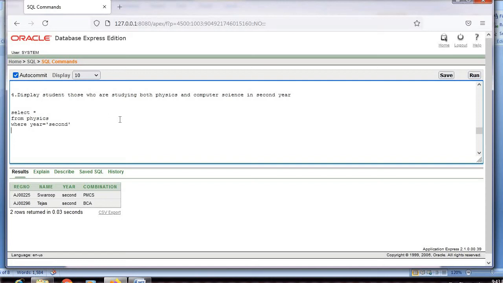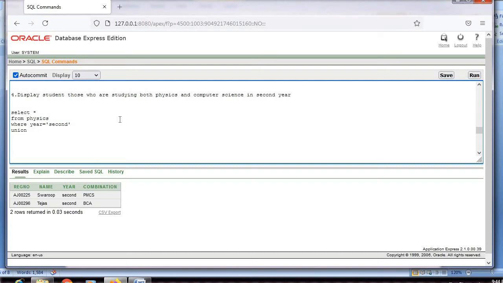And the next thing they have asked is both physics and computer science. Both means I have to use a set operation. Union. Union will give you both relations. When you have to combine, you make use of the union operation, which will combine the tuples which are in physics as well as computer science and those who are studying in second year.